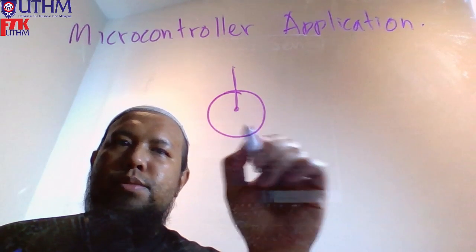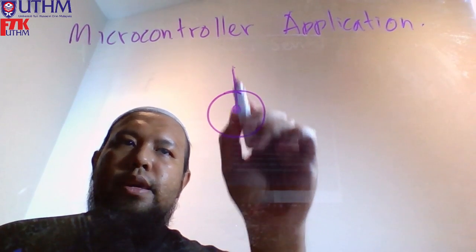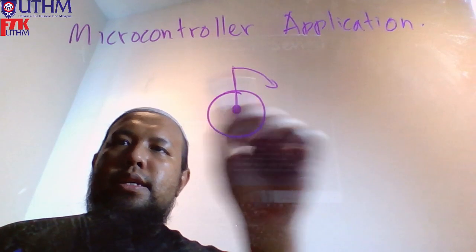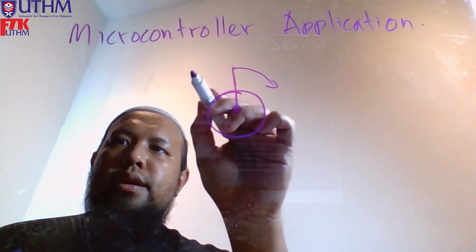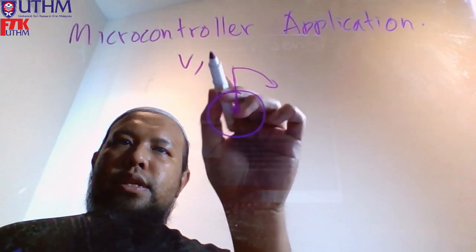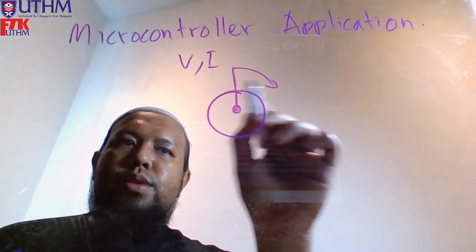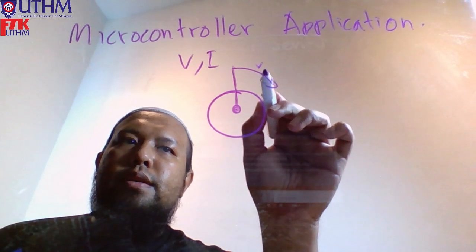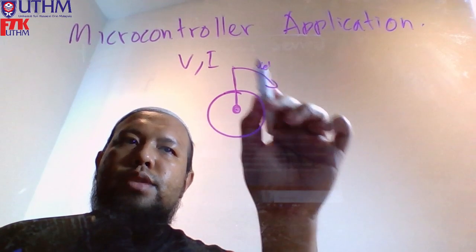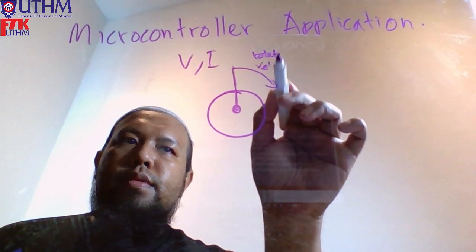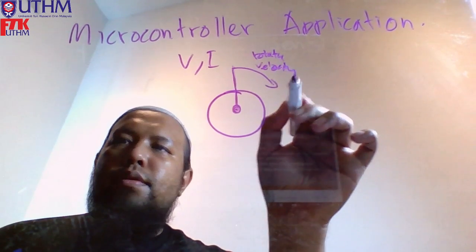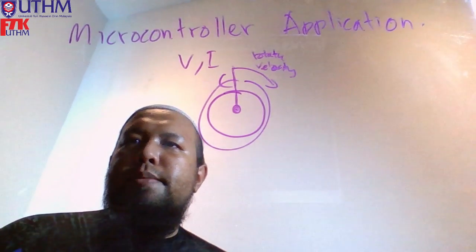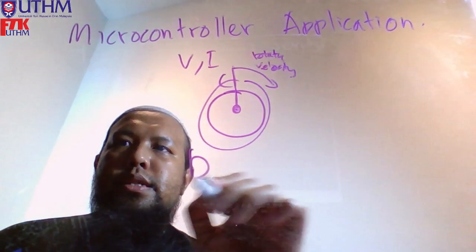This is a DC motor, and this is the pole, and it will turn in this direction. It will turn at a certain speed given a certain voltage or current, with a specific rotational velocity, right? So it will turn at a certain speed. This is a DC motor,